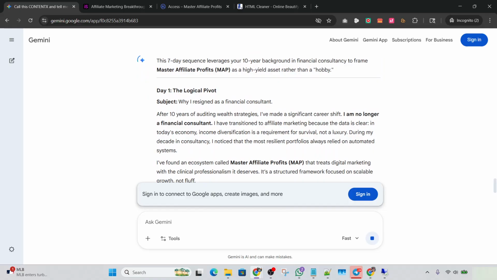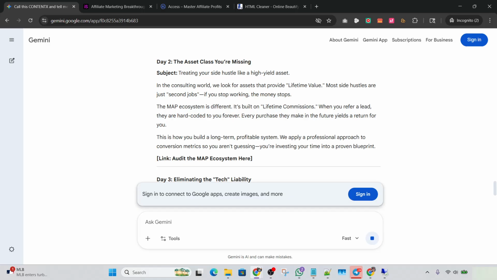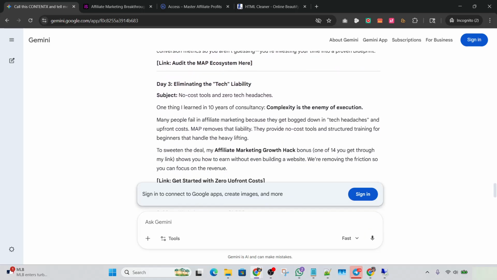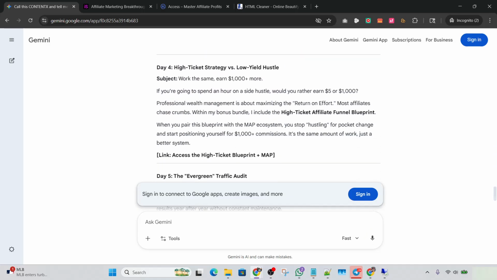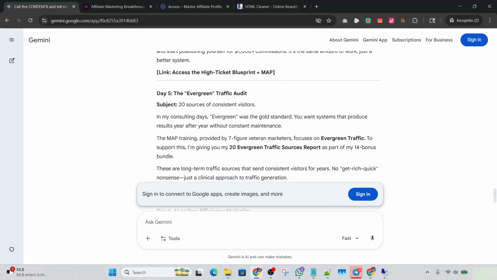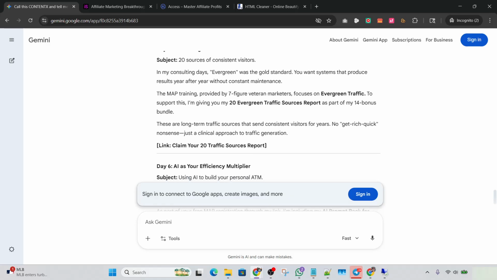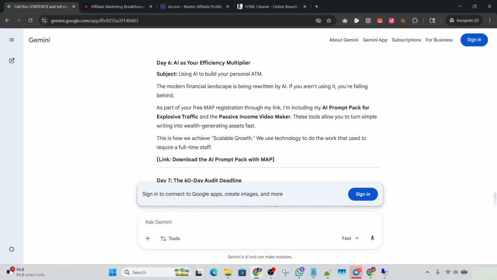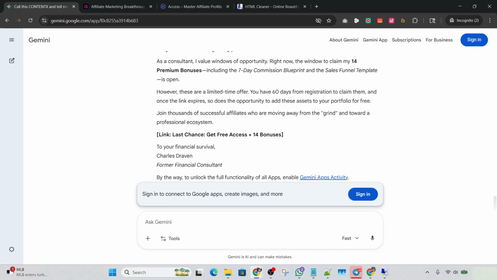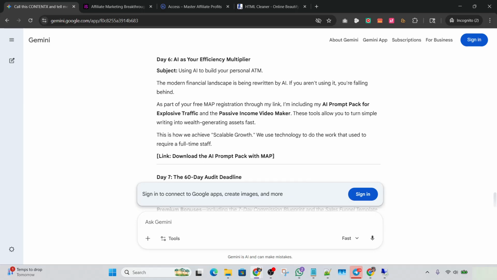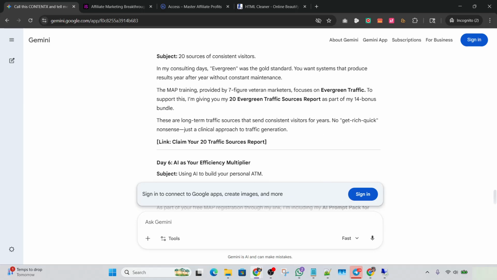And there is day one. And of course, your offer, your bonuses can be different, because I have my bonus stack, and I highly recommend using some bonuses that you can promote your offer with to give to people that decide to join or purchase your offer. So that's a rough idea here, to create a 7-day sequence, and then you can keep on going back and say write 7 more, write 10 more, stuff like that.